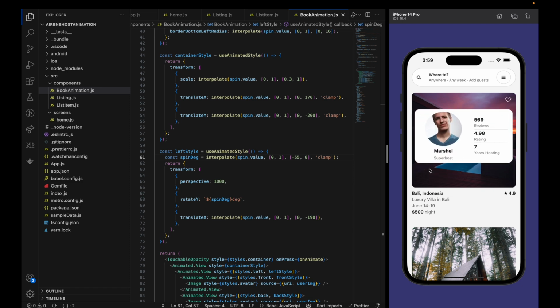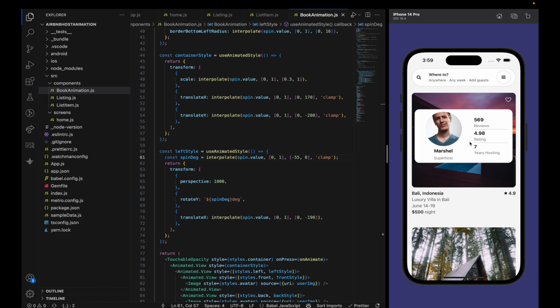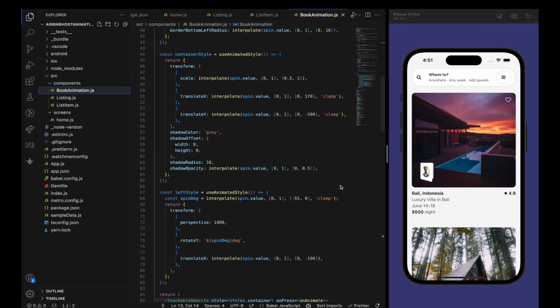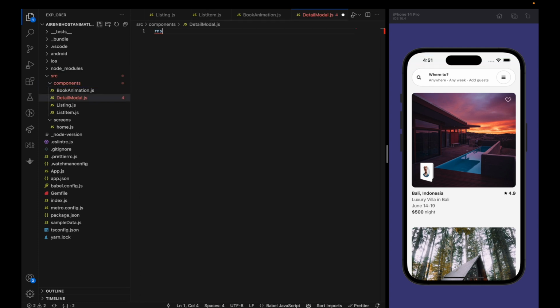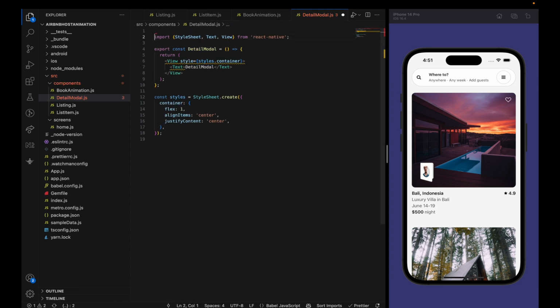and we have completed the 50% of this animation. We have the flip book animation ready. Now we have to implement the model, and we have to place this book inside that model, and then we are good with this animation. So now let's create that model. I will create a new component with name detail model.js, and I will export some default data, and then